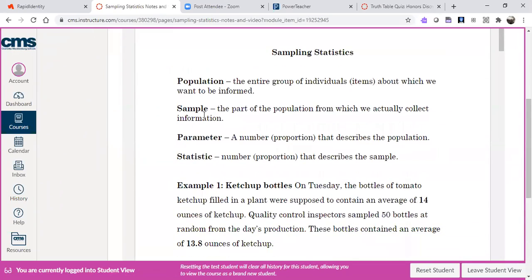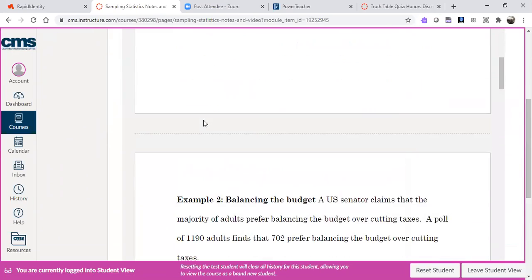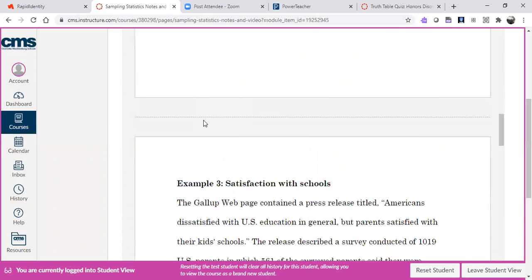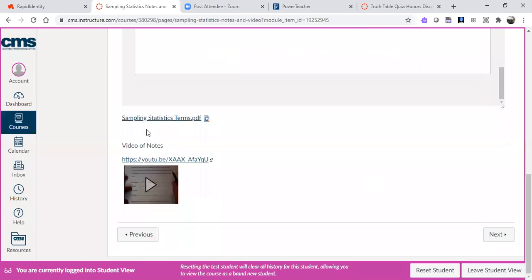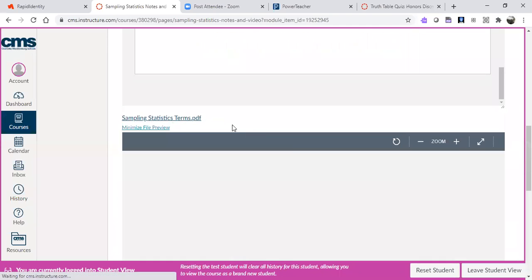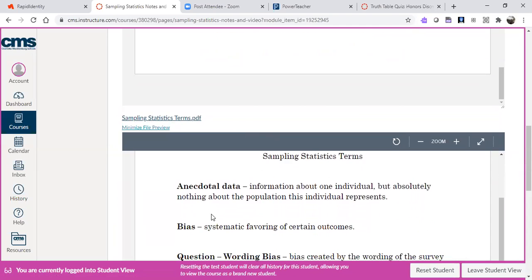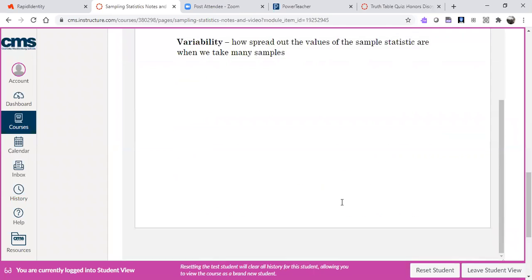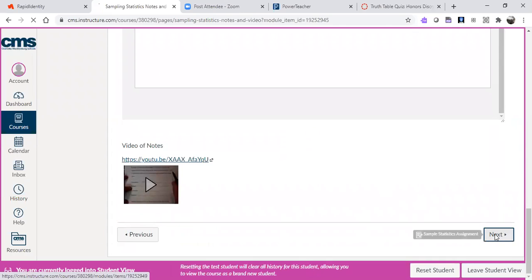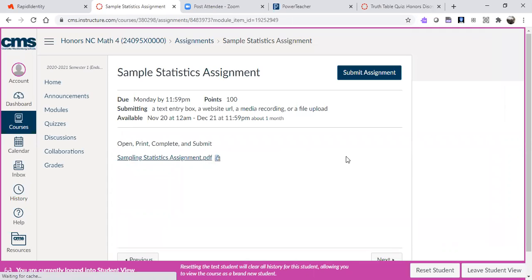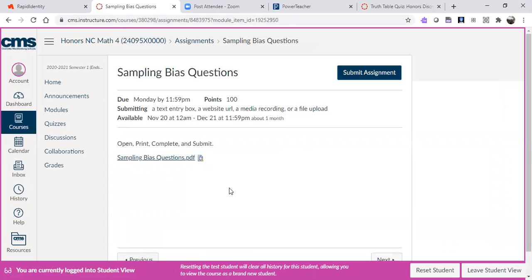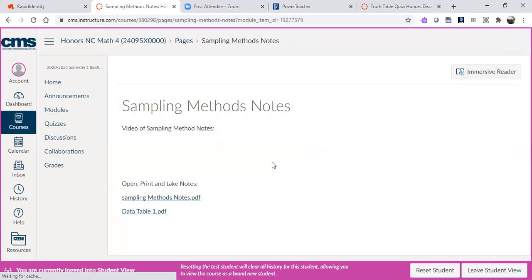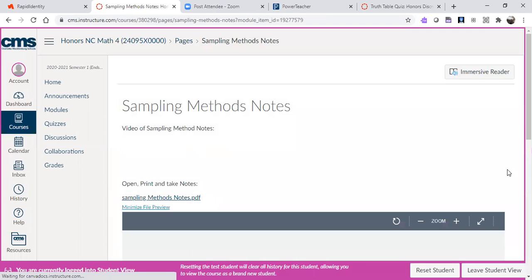So there were terms here, 4 terms that you're supposed to remember or supposed to know. Margin of error. And then when you went, there were sampling terms here, talking about bias and everything. Those terms. And then there was the assignment. And now, sampling bias questions. This, as you see, the notes